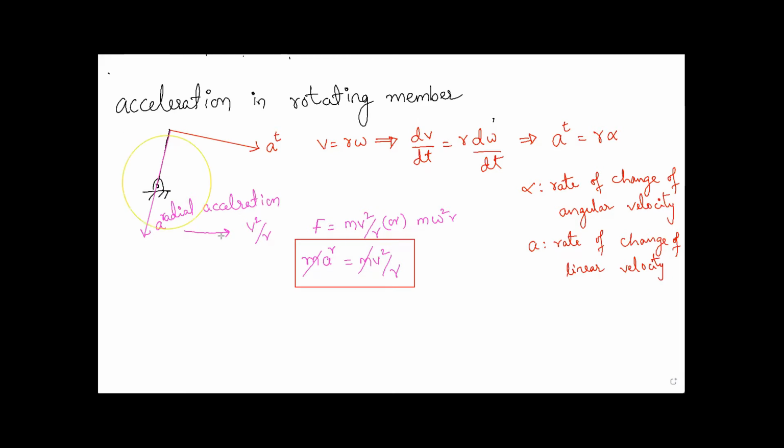How is it rotating? You can see here, I'll just show it with this. Along this radius, this link is rotating. It has one radial acceleration which always comes towards the center of rotation. Remember, radial acceleration always comes towards the center of rotation, whereas tangential acceleration is always perpendicular to the link, or you can say tangent to the path of that point on which it is rotating. Tangent to the path of the circle. Fine.